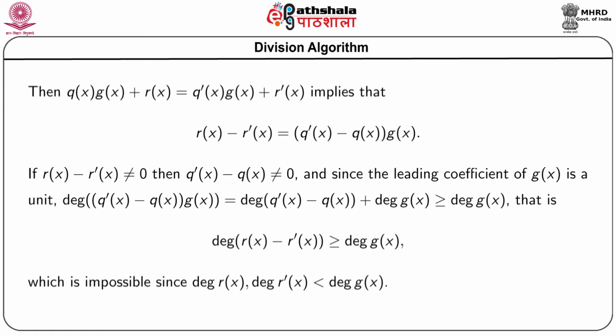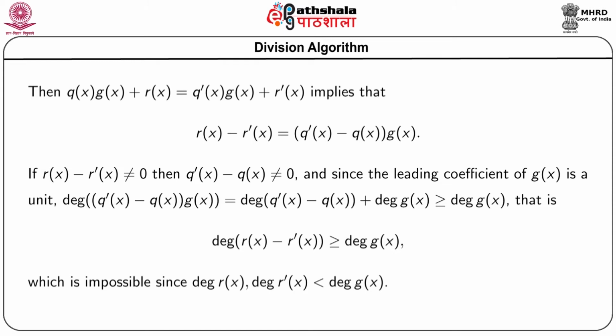Thus we get the degree of R(x) minus R'(x) is greater than or equal to the degree of g(x). But since R(x) and R'(x) both are of degree smaller than the degree of g(x), it is never possible. So,